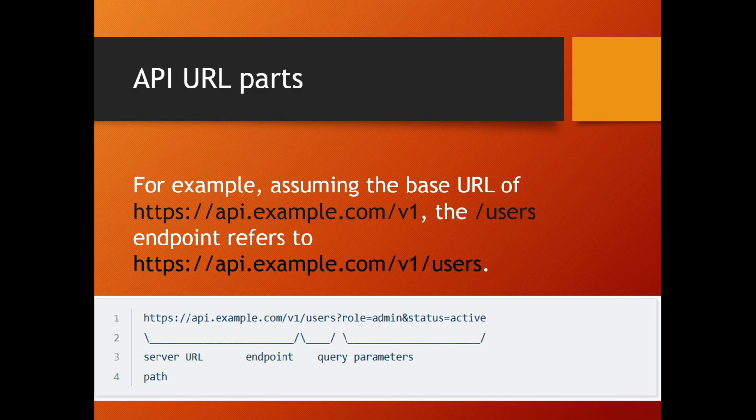This is an example of an API path that can be divided into two parts, that is base URL and endpoint. And here we can see https://api.example.com/v1, which is the base URL, and /users, which is the endpoint. Okay,